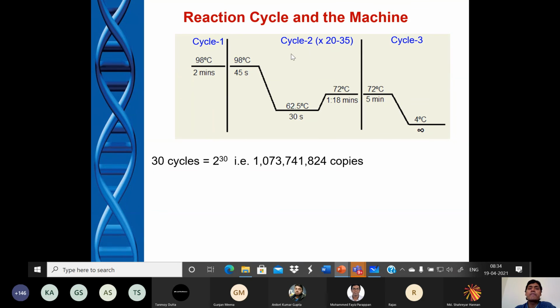This is the cycle, as I told you, 94 degrees, 95 degrees. This figure I have taken from somewhere they use 98 degrees centigrade. Then this is the annealing temperature. That means you are cooling down so that your primer can bind again to the template DNA. Then you are increasing the temperature a little bit so that the enzyme can work better. Enzyme means Taq polymerase. Taq polymerase works very nicely at high temperature. That's why we are increasing the temperature again. So now